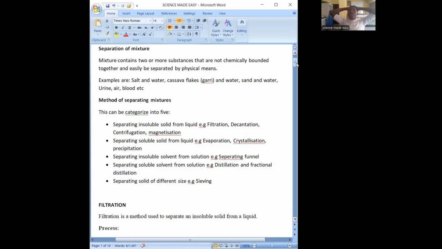Another method of separation techniques is chromatography. Chromatography is usually used to separate